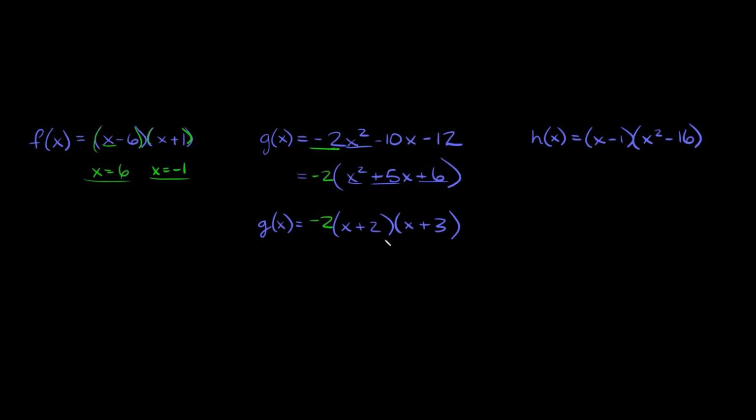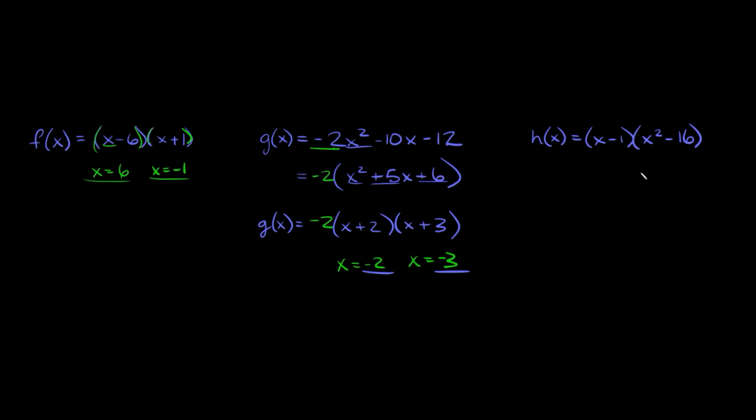Now that this is completely factored, we can pull out the zeros. Here we're going to have a 0 at x = -2, and here we're going to have a 0 at x = -3. So these are your zeros, -2 and -3. And the last quadratic one we're going to do is h(x) = (x - 1)